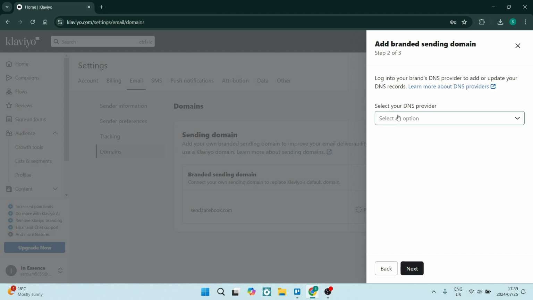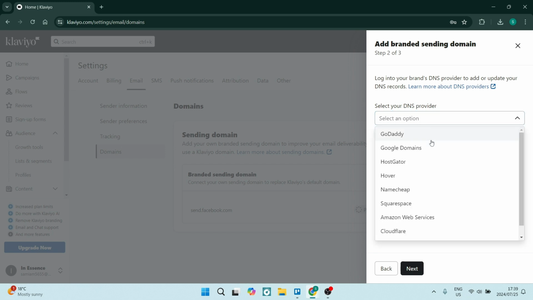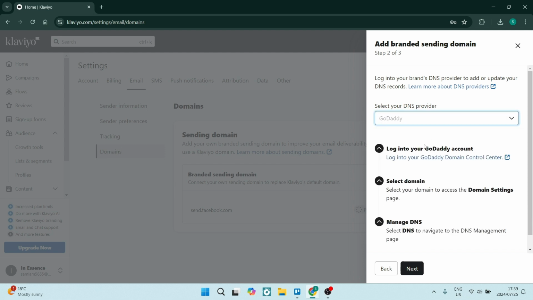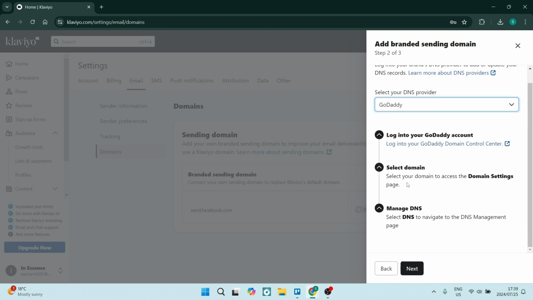From here, this option may differ. It says select your DNS provider, essentially where you got your domain from. So just click on the appropriate option. You're going to go ahead now and log into that account, and you're going to jump into the domain section. You're going to go to the domain settings, and you're going to select DNS and navigate to the DNS management